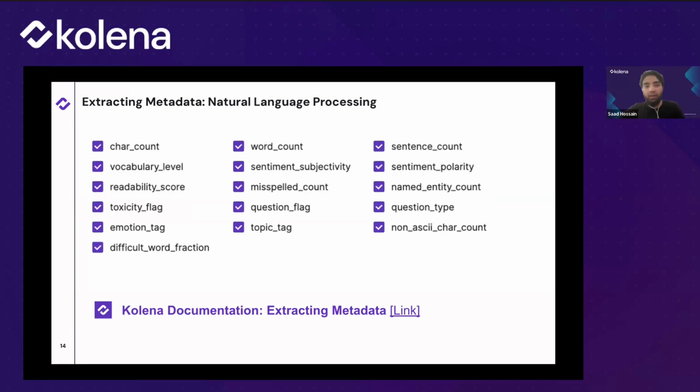So in front of me, I have a list of properties that we're able to extract on the Kolena platform. These are fairly comprehensive in the sense that they are generally applicable to most natural language processing problems. As you can see, there are chunks, and I'd like to go into more detail on maybe not each and every one of these, but certainly the main categories of relevance.